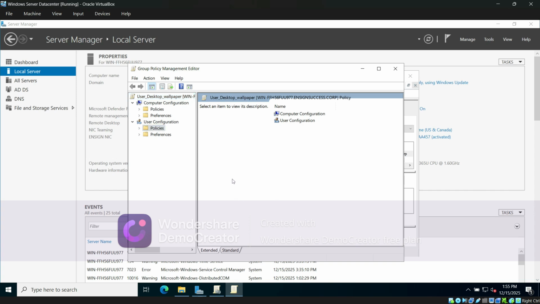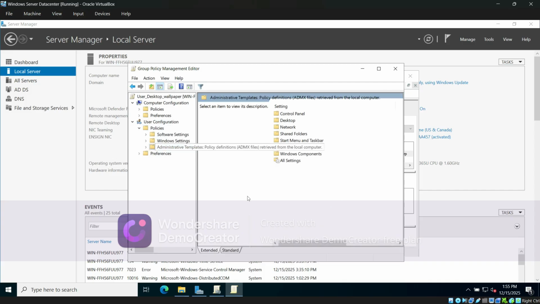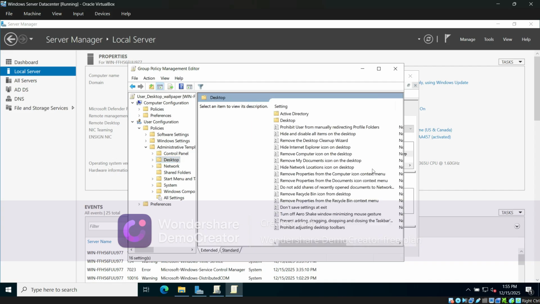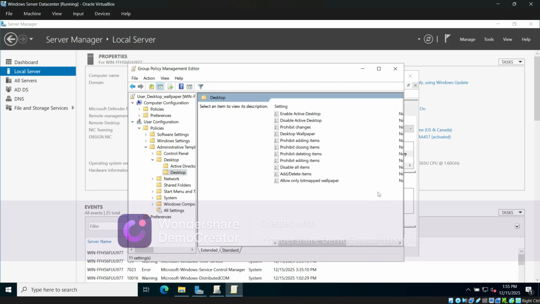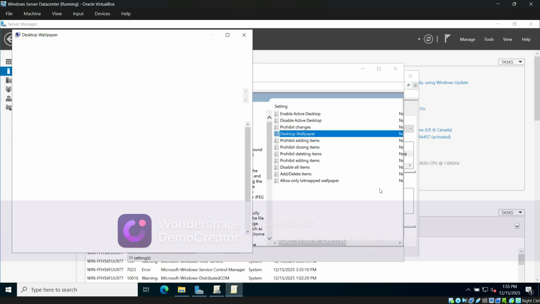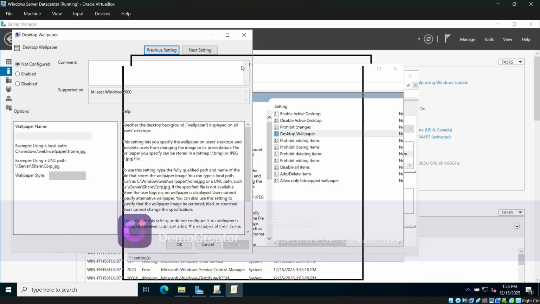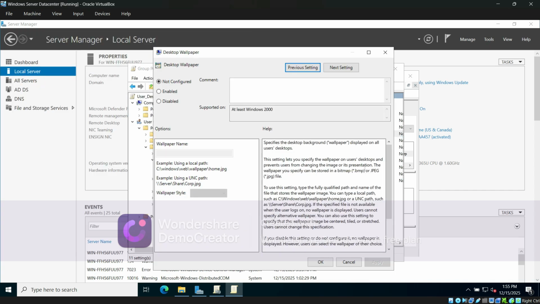We go to policies, then among the policies, this is an administrative thing, so we go to the administrative template, and then we'll go to desktop, and then we'll go to desktop folder again. Then we come to desktop wallpaper. So this is where we apply the desktop wallpaper. This could be tricky, so first we have to enable it,